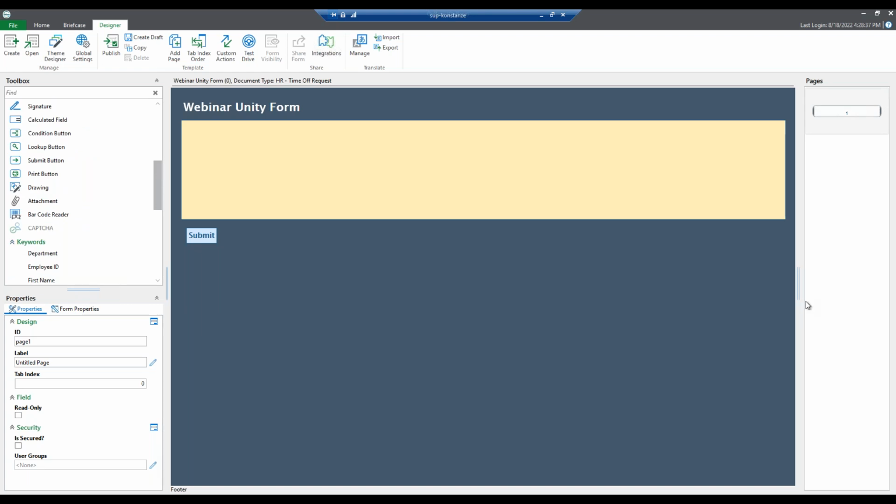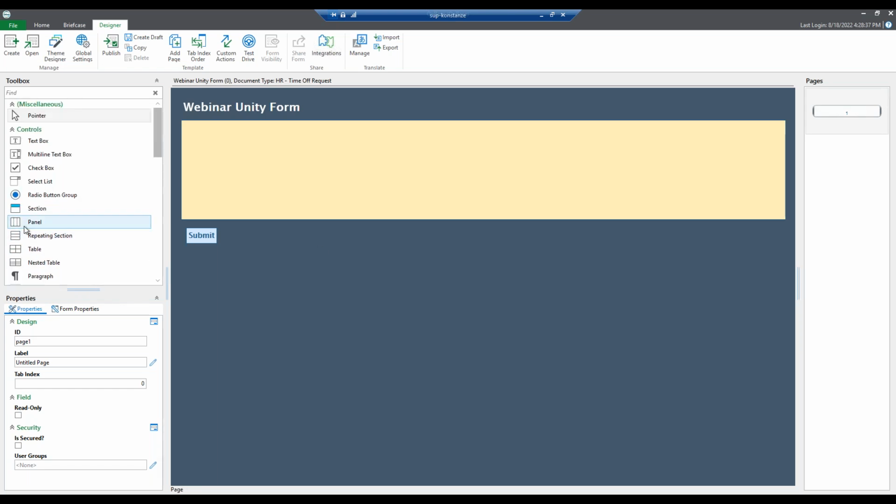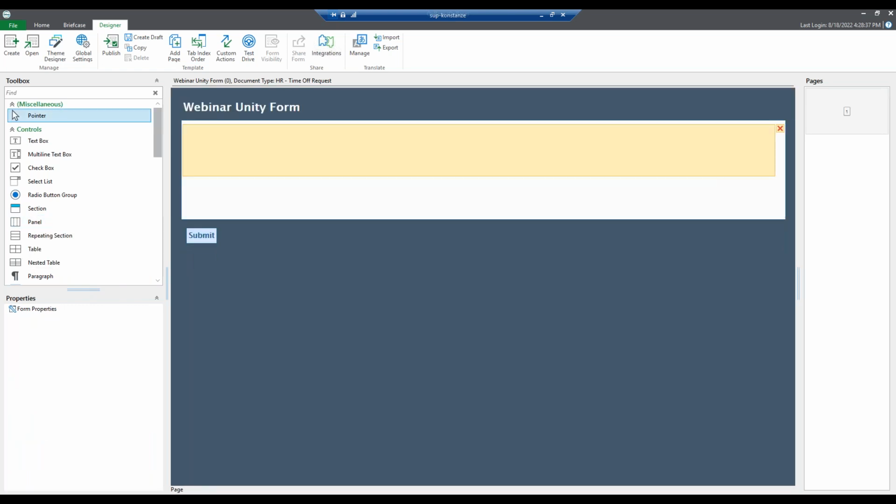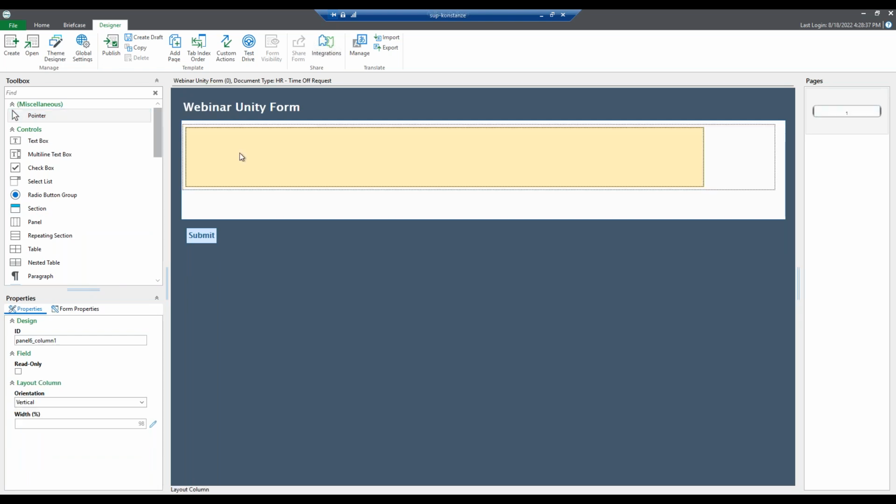So for this demo, we're just going to configure a simple Unity form with a custom action. First we're going to add a panel. Panels are useful for formatting the form and getting sections where you want them to be. So we'll drag it over here. The panel is just one column right now, but we want to split this form section into two different columns. So we'll come over here